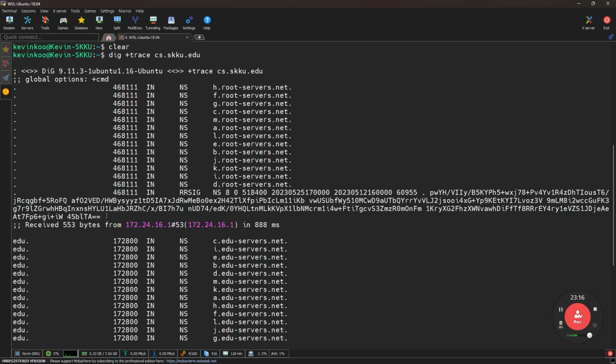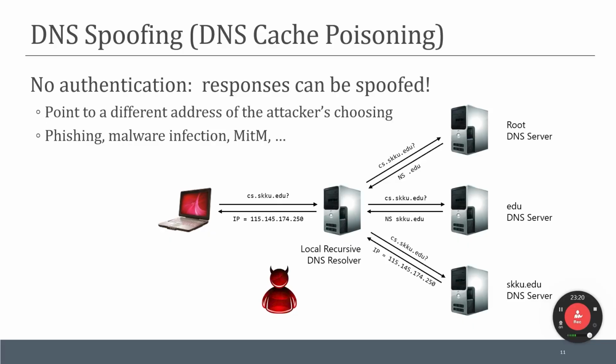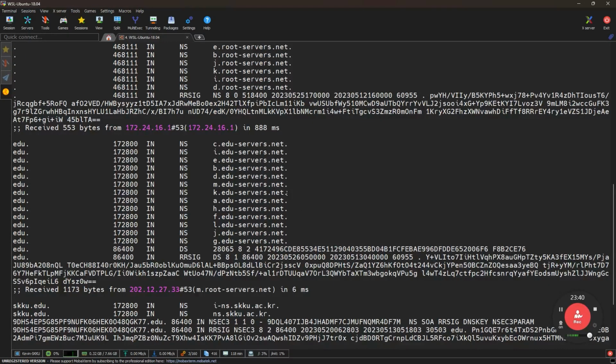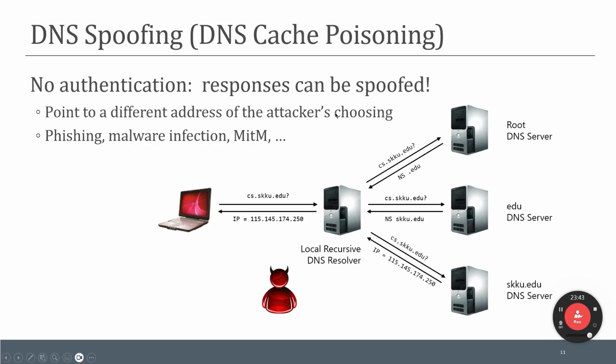Here, the recursive DNS resolver received a message from the root server. One of the root servers here sent 153 bytes, within 88 milliseconds. I don't know which root server this one is. Who knows cs.skku.edu's IP address?